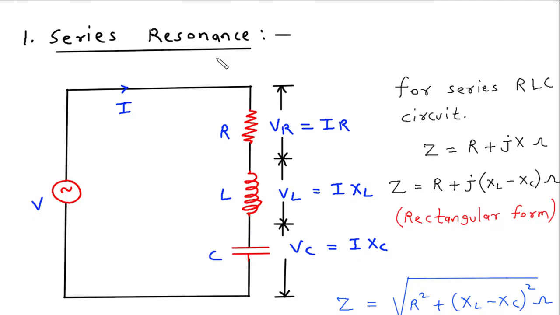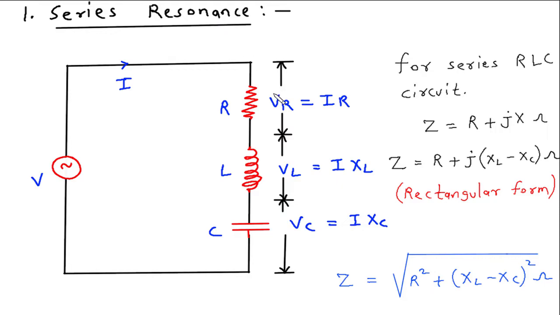Series resonance. So series resonance will occur in an RLC series circuit. Here we can see this is an RLC series circuit. This is an AC supply. This is the current flowing through this RLC circuit. This is resistance, inductor and capacitor. Voltage across resistor is VR is equal to I into R. Voltage across inductor is VL is equal to I into XL, and voltage across capacitor is VC is equal to